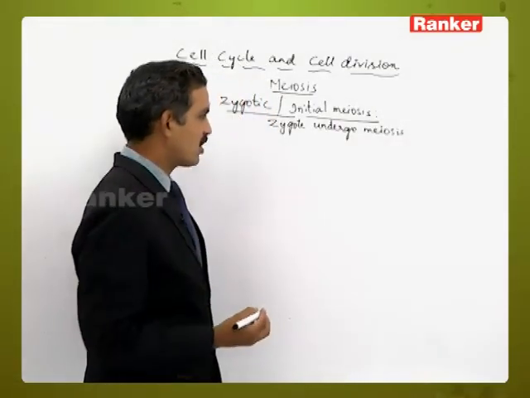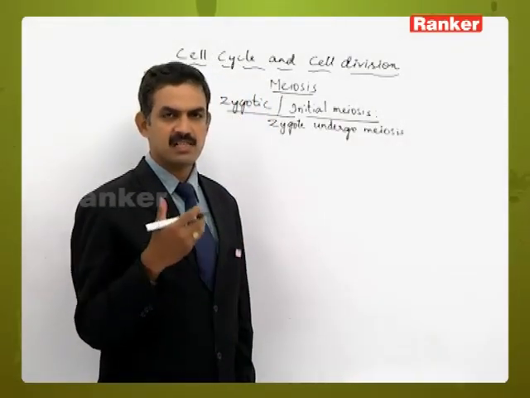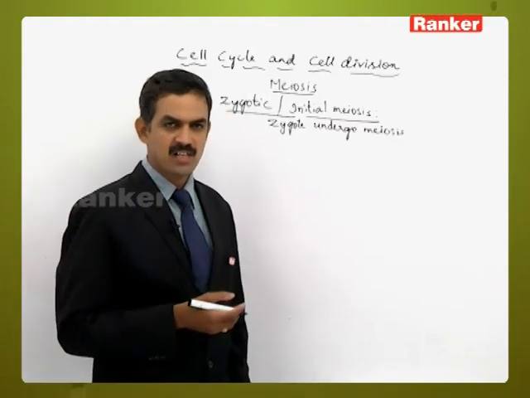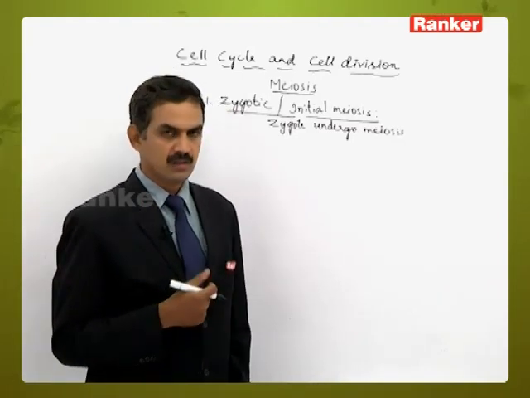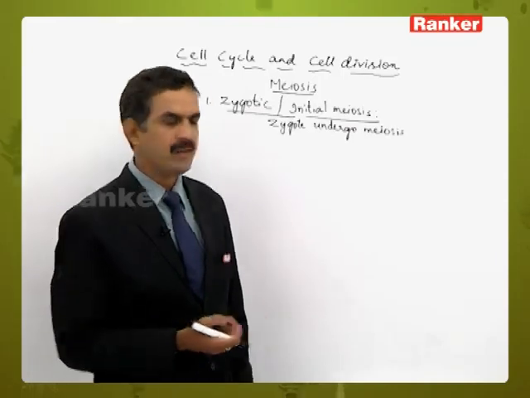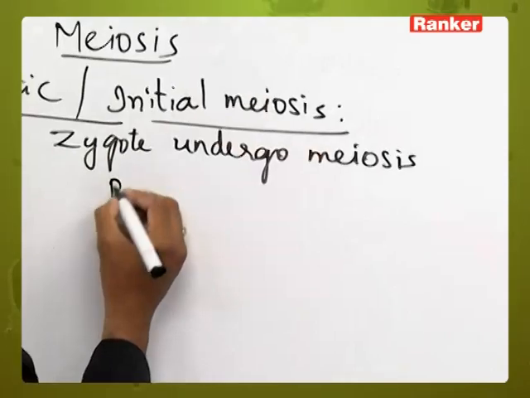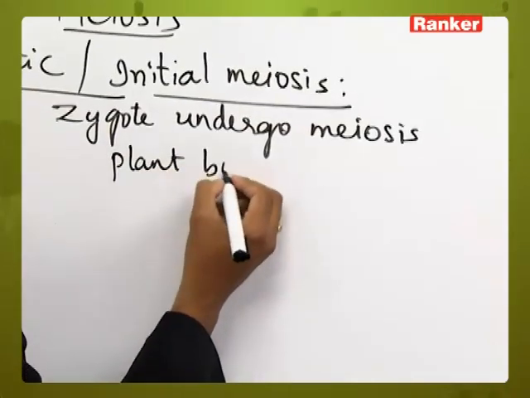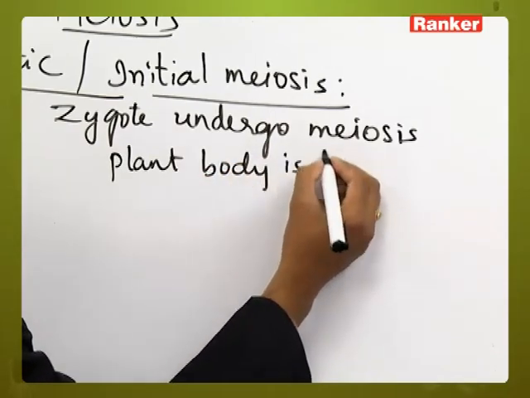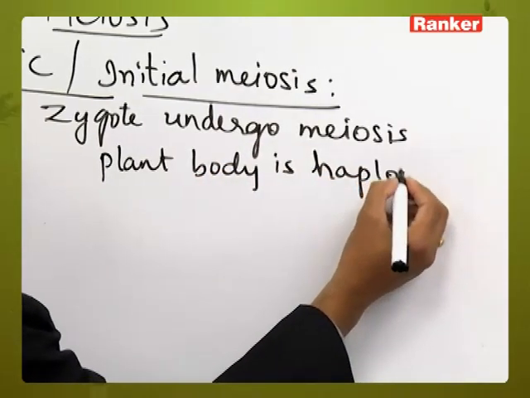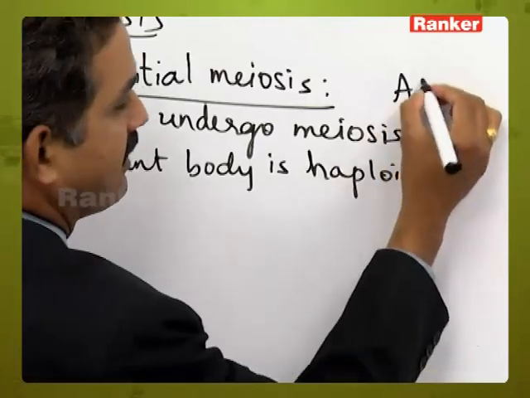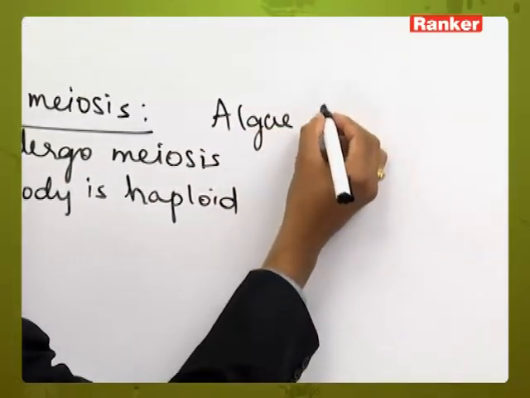Here the daughter generation, or the plant body which is formed, will be haploid in nature. This type of character can be observed in algae and